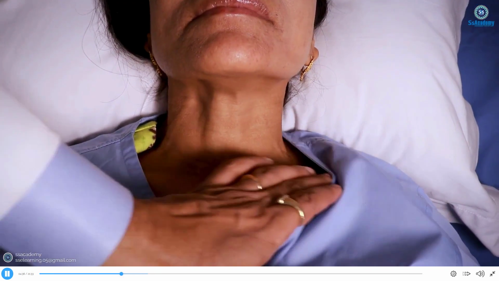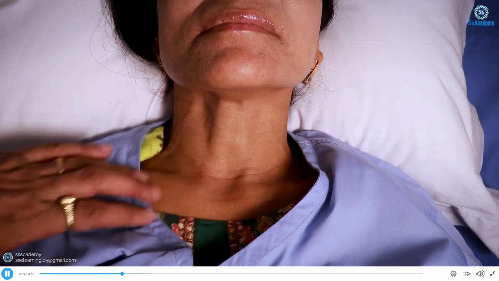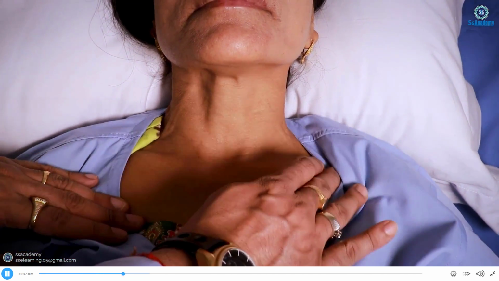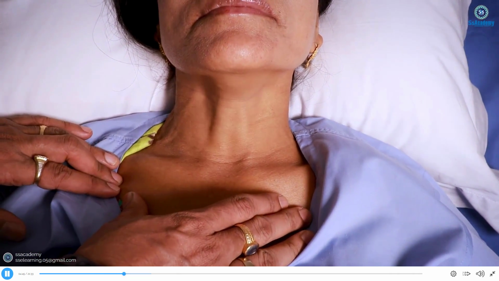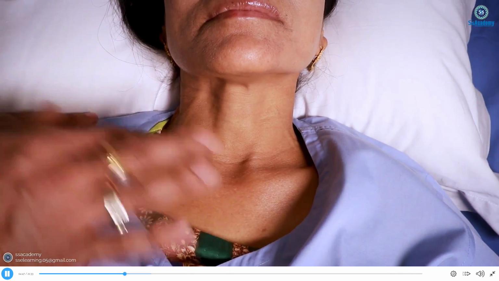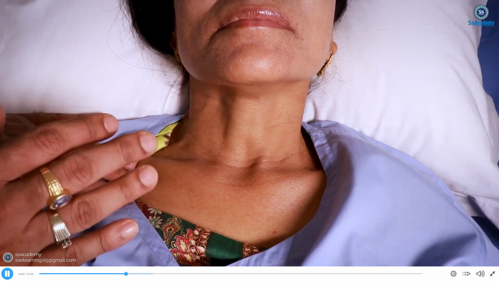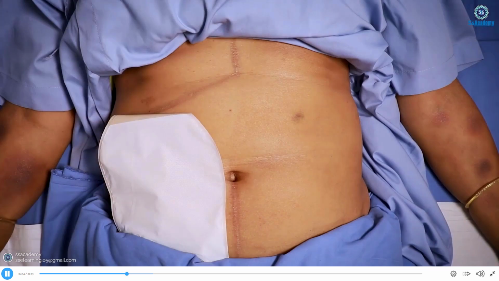So immediately after that, on the upper chest you're looking for any spider nevi. We have not found any spider nevi on the front. And you need to look at the back as well, no spider nevi. It means no stigmata of chronic liver disease. So immediately after that,